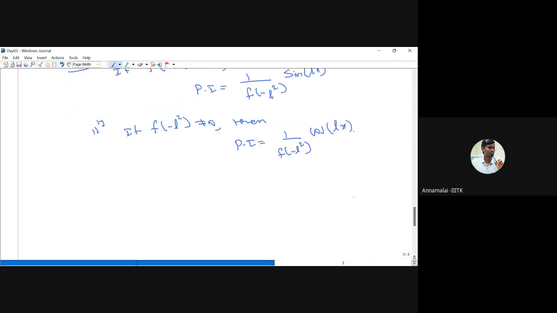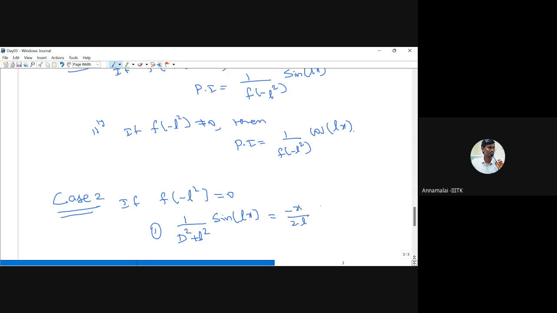If it's equal to 0, then what is the case? So case 2, suppose f of minus L square is 0. So in that case, it contains a factor 1 by d square plus L square, because if you replace d square by minus L square, we get 0, right? Suppose this is the case, then this is nothing but minus x by 2L